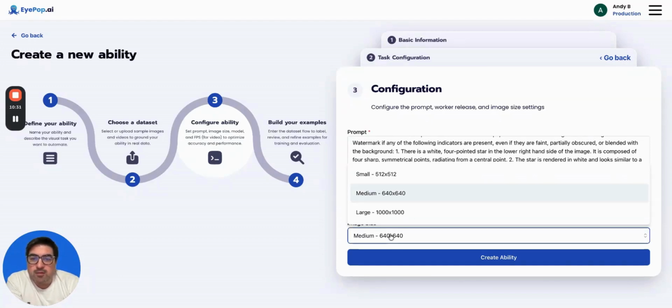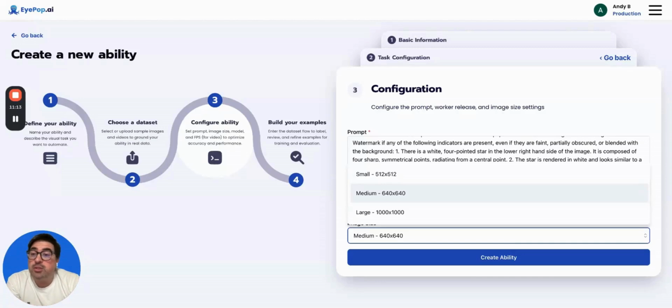On the image size, you have to think about, when the ability gets your media, we're going to resize that to a standard size. We're going to shrink down the input media to some window, and the window is described here. For most use cases where it's a big macro level feature of the image, like the main thing in the image, I can get away with the small 512 by 512 size. Imagine taking a picture of a car. The car is the main subject of that image. As long as it takes up enough of the real estate of the image,